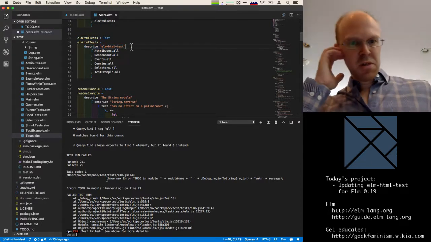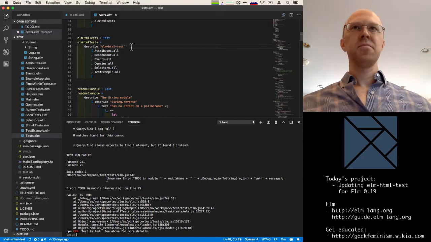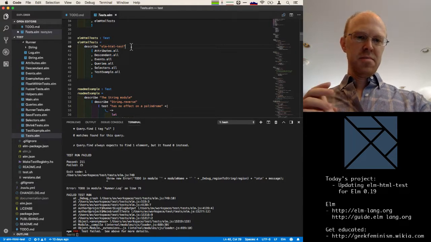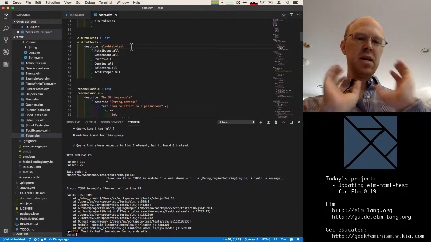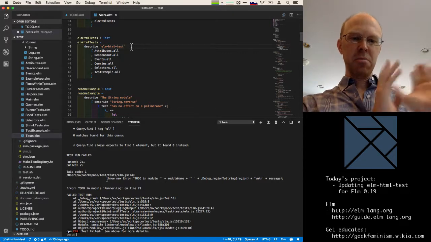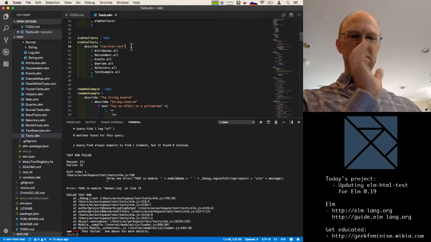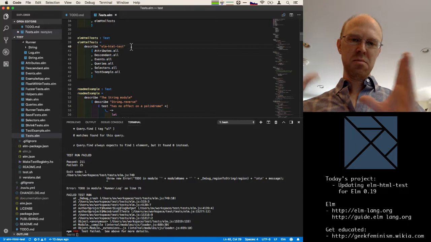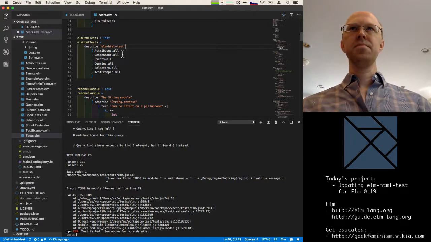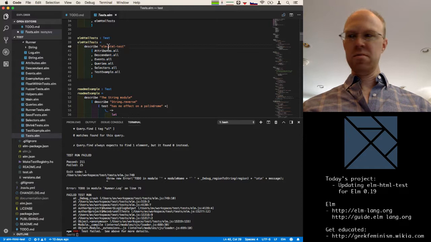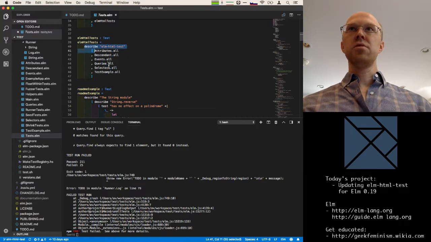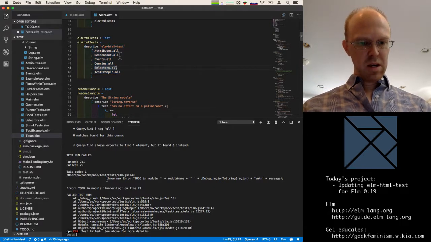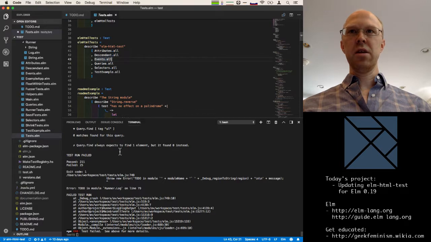So a little more background, which you'll know if you've been following this project: elm-html-test was a separate package that Noah wrote, and in Elm 19, we're taking it and two of the other packages that elm-html-test itself depended on, and incorporating them into the Elm Explorations test, which will be the main test package that everyone will use. So we're trying to combine this all into a single package. So these are the tests that we moved over from the elm-html-test package. We have worked through a bunch of these already.